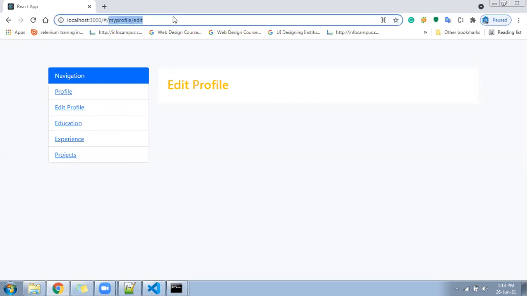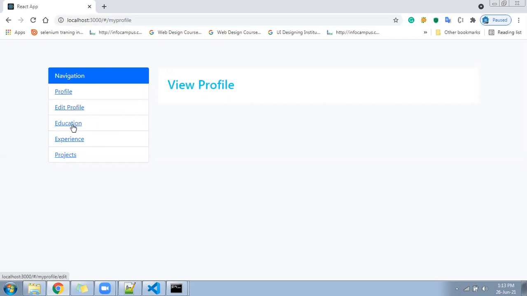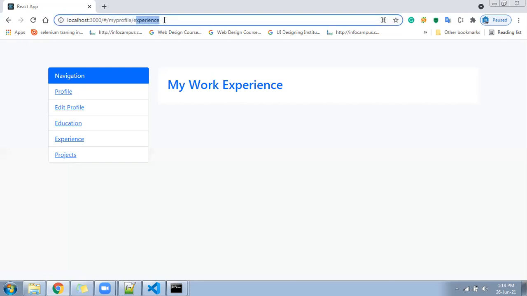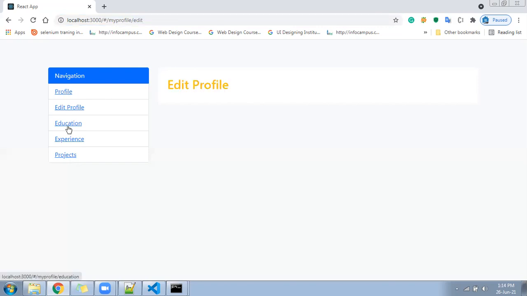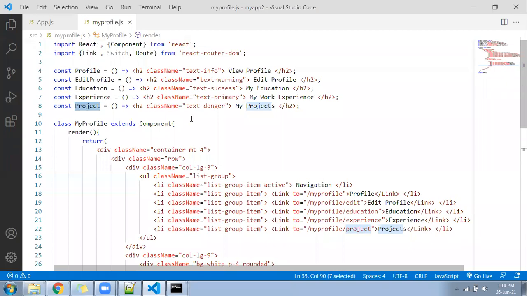You need to look here at the URL. When I click here, see the URL is changing, and as soon as the URL changes, the content changes. But your parent URL is my profile. So this is called nested routing. Nested routing is when you already have a parent, and inside the parent you have some other child pages. So the parent page is one, and if you have multiple child pages inside, then you can do it like this. You can create multiple components and call them here, and this becomes nested routing in React.js. Hope you understood.